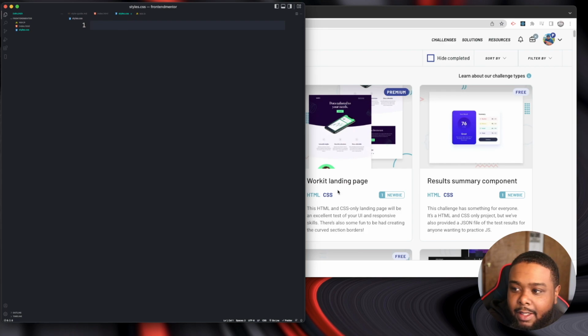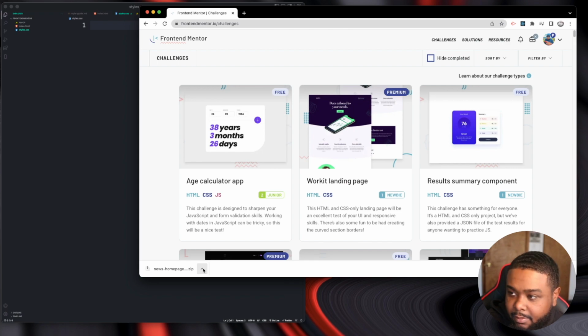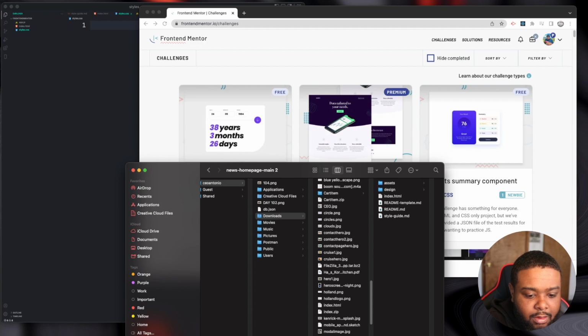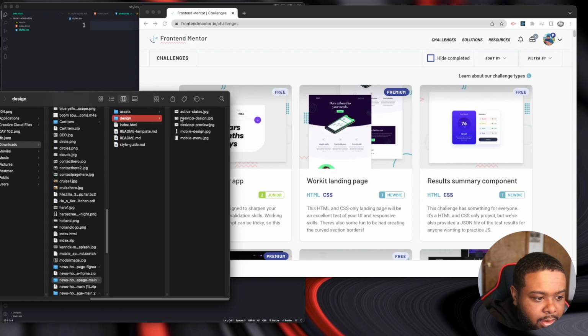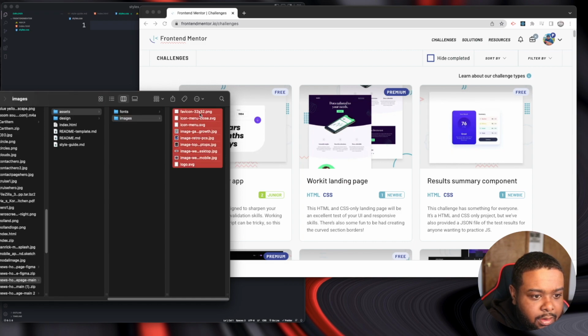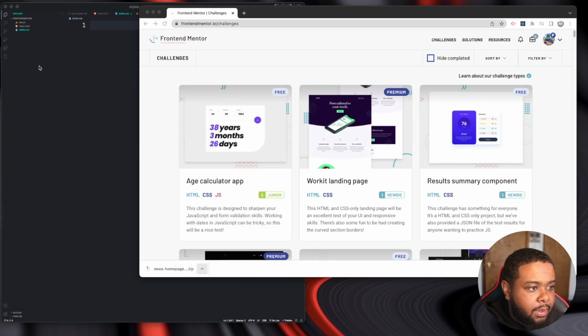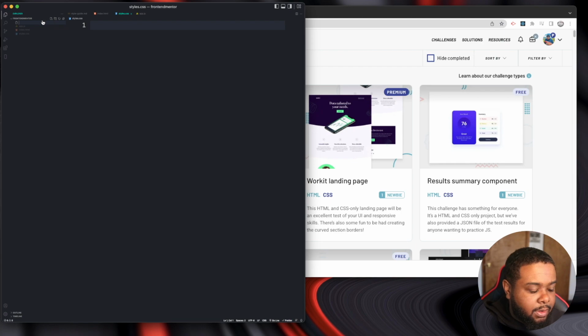Oh, I'm going to need that. I'm going to need this. Did I close it out? Yeah, I think I closed it because it got images in there. So let me go grab all the images very quick. Oh man. Alright, design, assets, images. Alright, I'm going to grab all of these, copy, and I'm going to paste them in